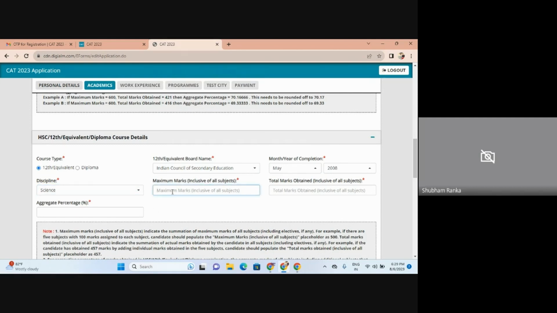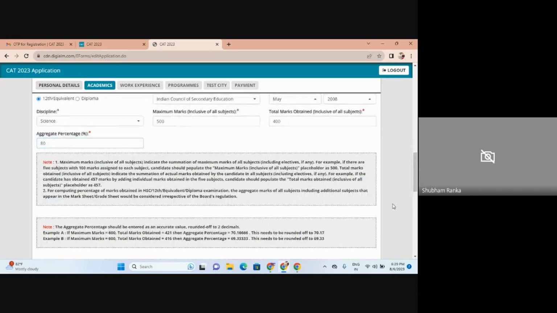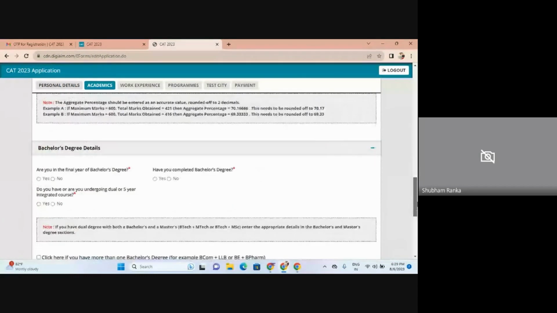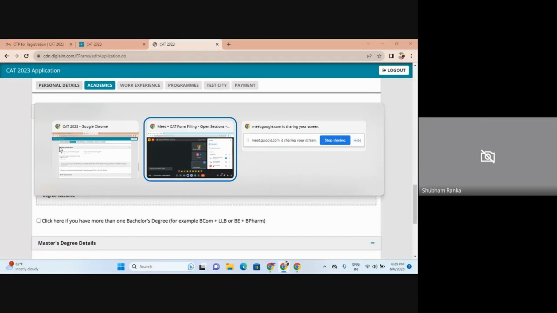Maximum marks again you have to put here. Then put your marks here. Then you can go to your bachelor degree. Now, in bachelor's degree, are you in the final year of bachelor degree, yes or no? If you are not, if you have passed out,